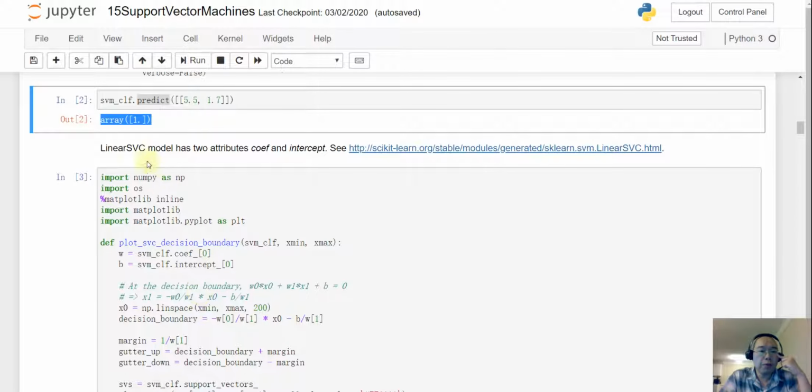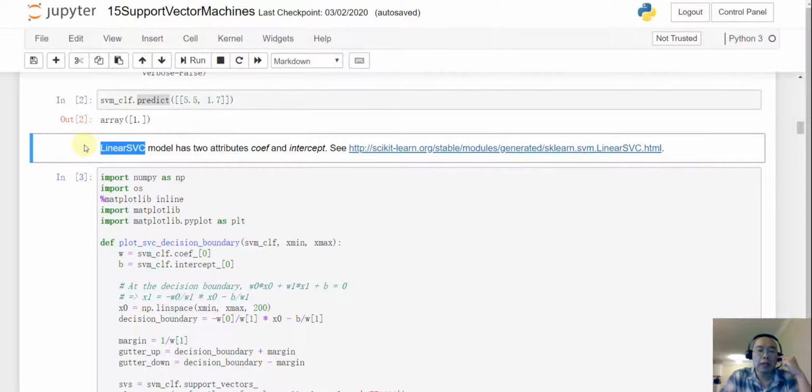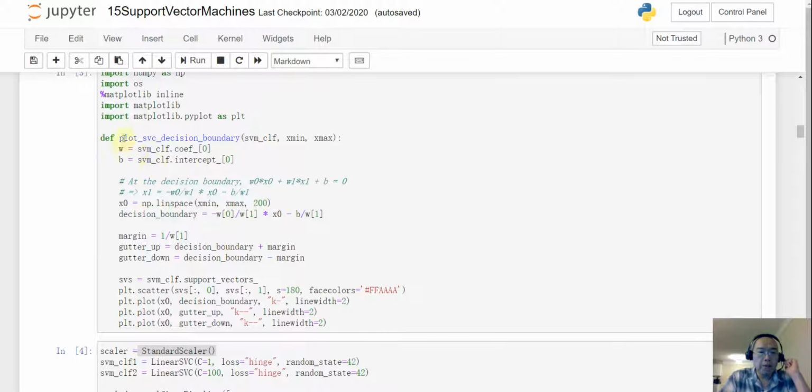Okay, and when we are doing the linear SVC model, it's very important that we are going to draw a line, which is the center of the margin, right? So when we are drawing a line, there are two important attributes, coefficient and intercept, and this is how we define a line in the x and y axis. So we created a function